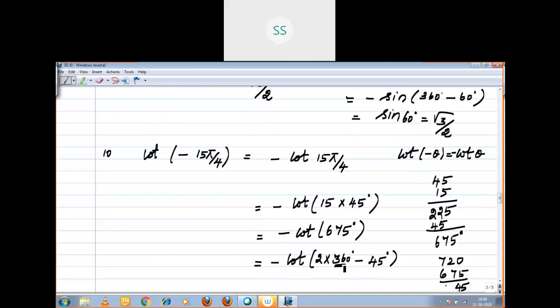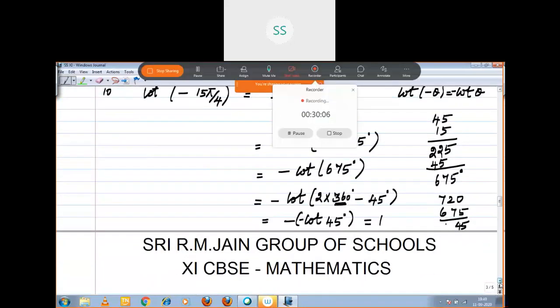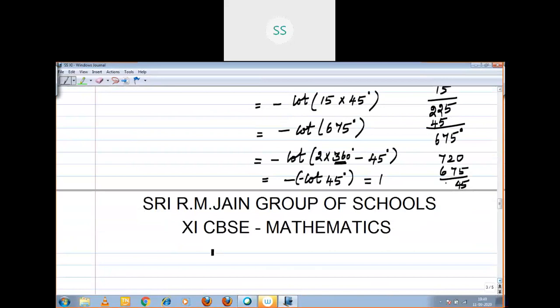Complete rotation, cot. That is cos house. Here you arrived at cot, so you get it as negative. Minus cot 45 degree. What is the value of cot 45 degree? 1. Got it, children? Or if you want, I will show it in one complete rotation also.